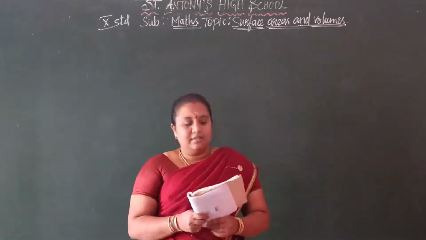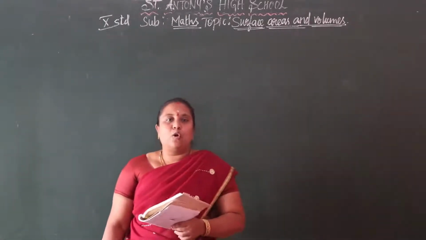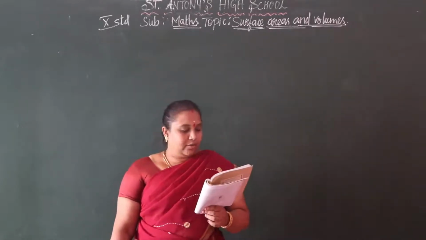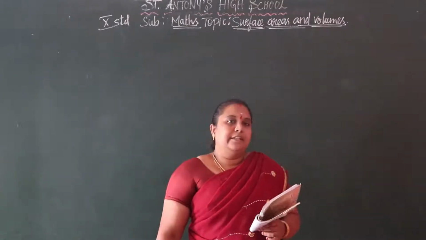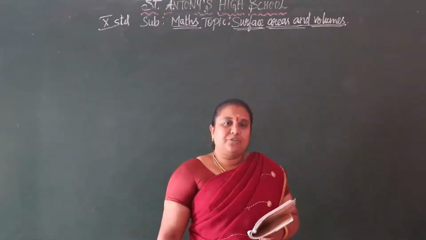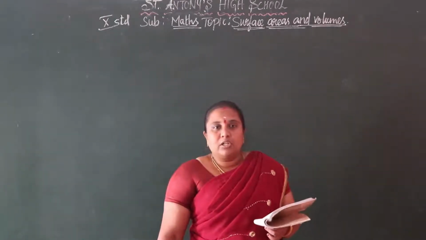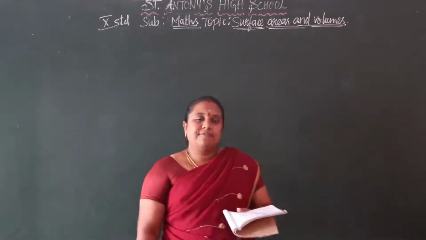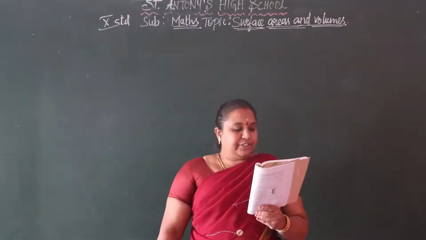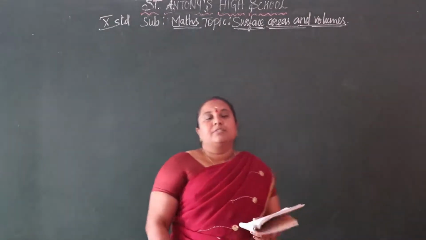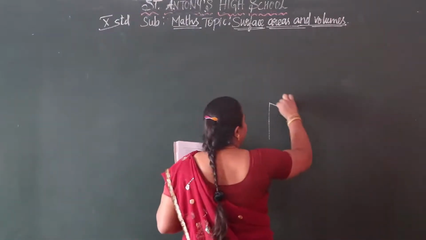Shanta runs an industry in a shed which is in the shape of a cuboid, surmounted by a half cylinder. She runs the industry in the form of a cuboidal shape, and surmounted on the top is a half cylinder. The dimensions of the base of the shed are given, so we have to draw the cuboidal shape factory.